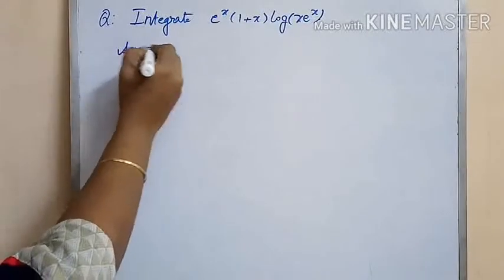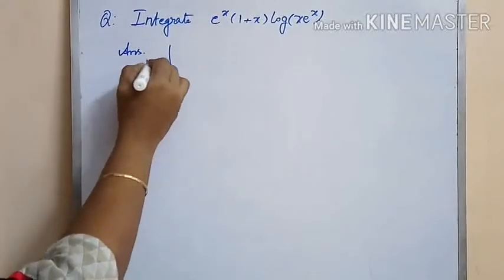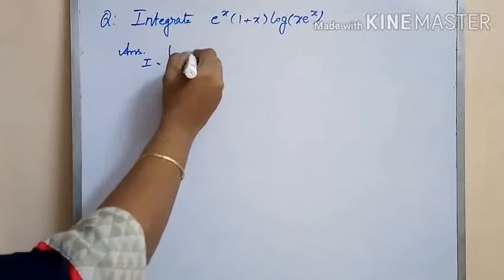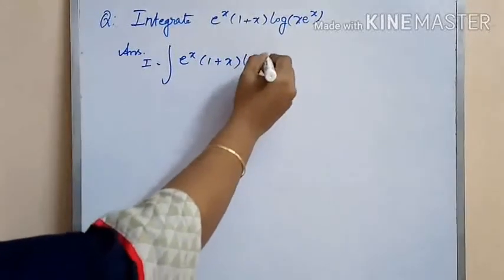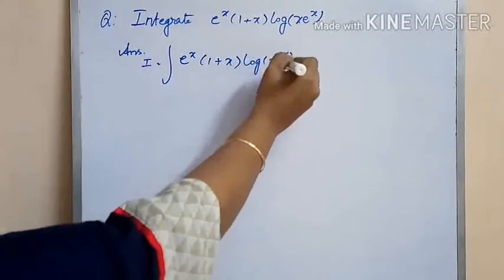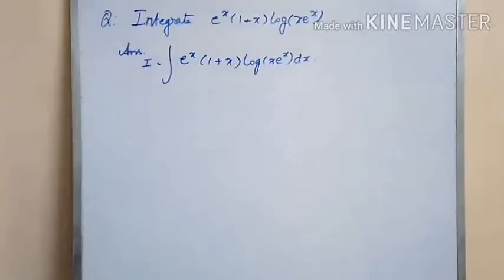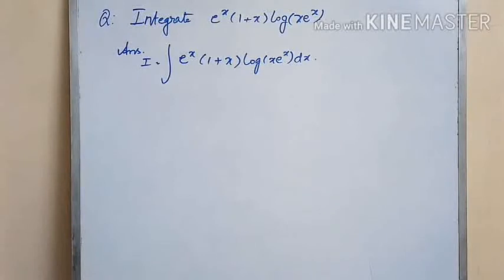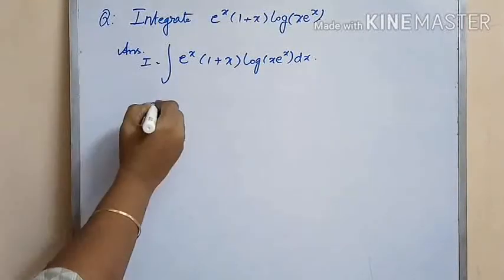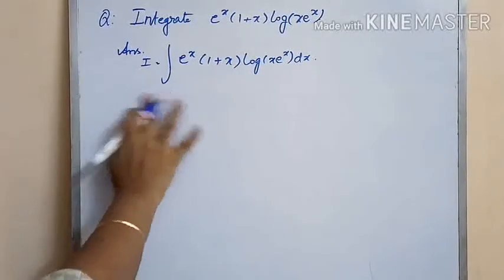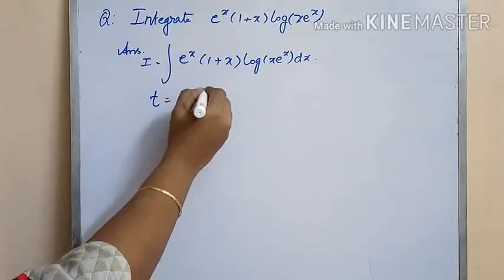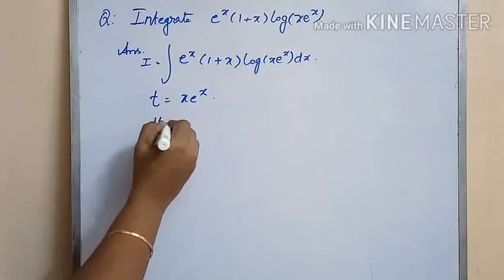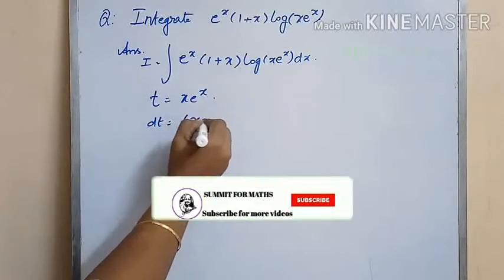In today's session, we are going to see a few more problems on type 6 integration. Here we have a problem: integral of e to the power of x into 1 plus x log of x into e to the power x. Let us substitute t as x into e to the power of x. So we get dt is equal to,